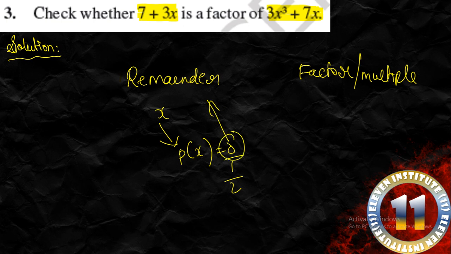But if the answer is specifically 0, then you can say that this number or this polynomial is a factor of this polynomial. So method is common, but the ways of their uses are different. You can check the remainder, and if the remainder is 0, then you can definitely tell that this is a factor or not. Fine, I hope this is very much clear to you. Let us now move ahead.